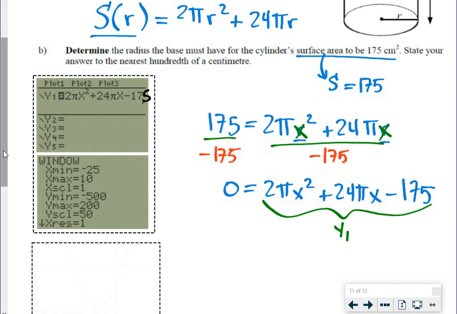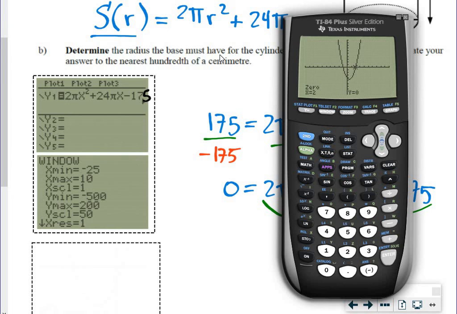And you'll notice if you graph it, it probably doesn't show up entirely. So if you adjust your window settings, window is next to y equals, so you just type all those values that I have there, 10, okay, this is negative 500, and y max is 200, and if you don't want the ticks on the y-axis to be so close, you can just change the y-scale to 50,